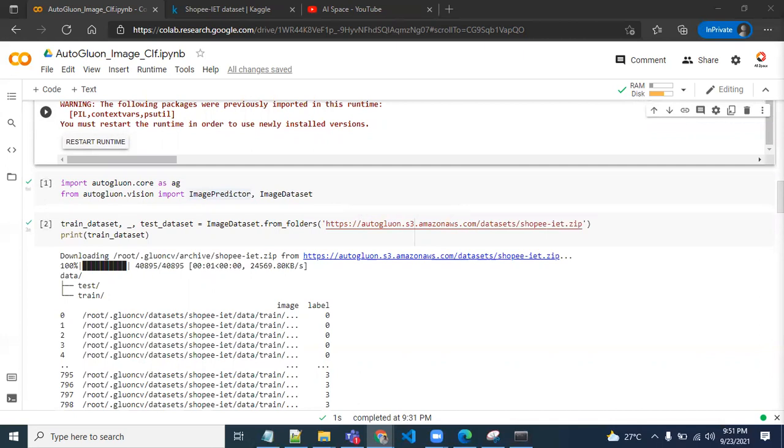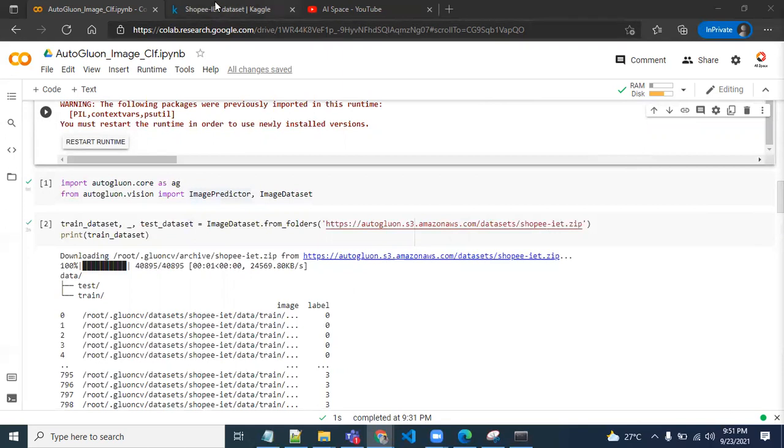Now the first step involved in this is to create the image dataset. For demonstration purposes, we will use a subset of the Shopee-IET dataset from Kaggle, where each image in this data depicts a clothing item and the corresponding label specifies its clothing category. Our subset of the data contains possible classes like baby pants, baby shirts, women casual shoes, and women chiffon top.